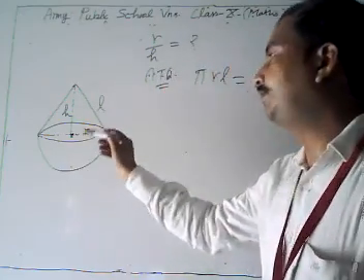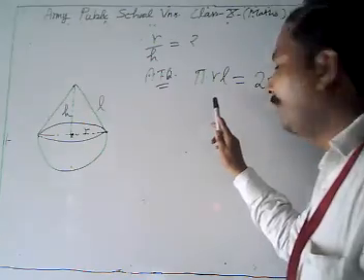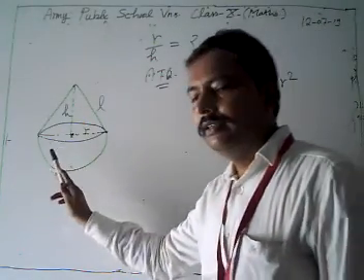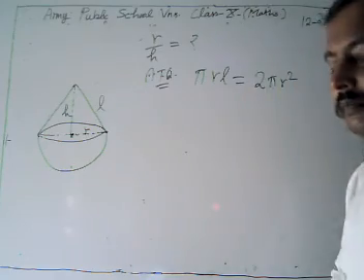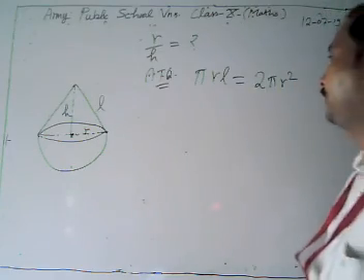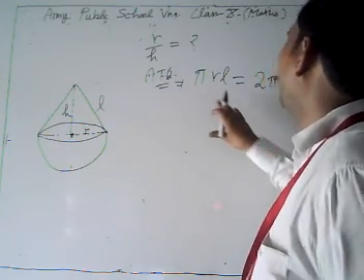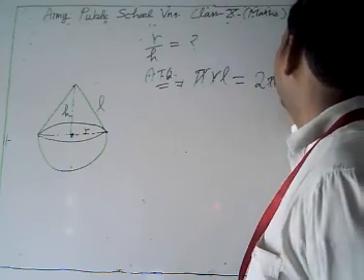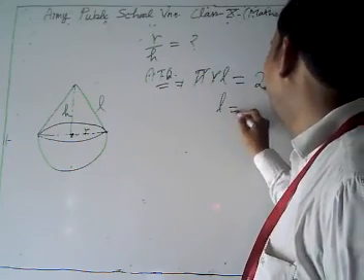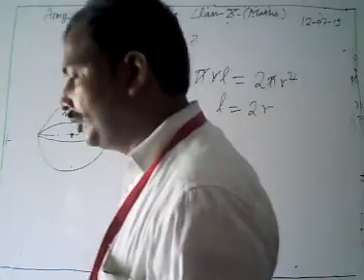Then the surface area of the first, above part is what? It's the curved surface area of the cone. What do we have? We have pi r l, and the curved surface area of the hemisphere is 2 pi r square. It's given equal. Now look, what do we do? Pi r l is equal to 2 pi r square, then cancel out this pi and r, and now what we have is L is equal to 2r.